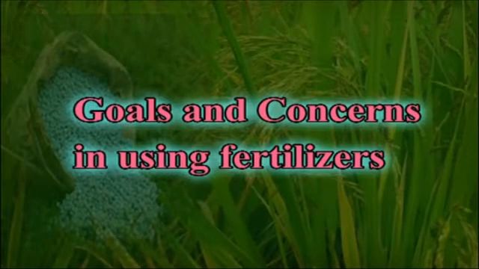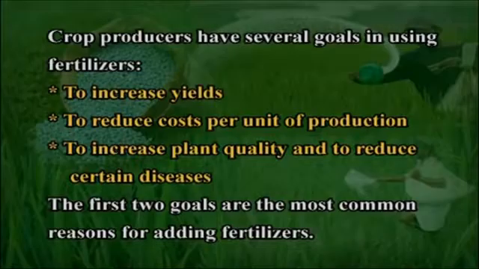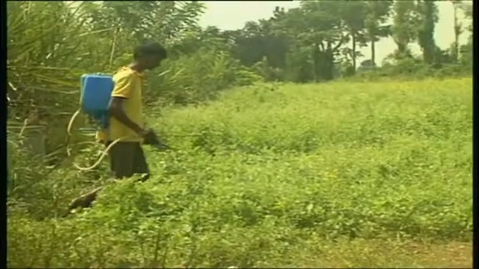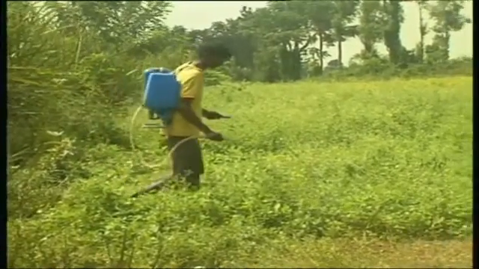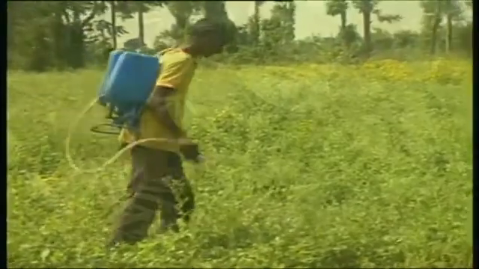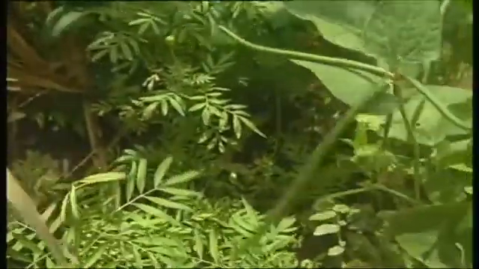Goals and concerns in using fertilizers. Crop producers have several goals in using fertilizers: to increase yields, to reduce cost per unit of production, to increase plant quality and to reduce certain diseases. The first two goals are the most common reasons for adding fertilizers. Efficient land managers spend perhaps 20% of all production cost on chemical fertilizers and expect an increase in yield of up